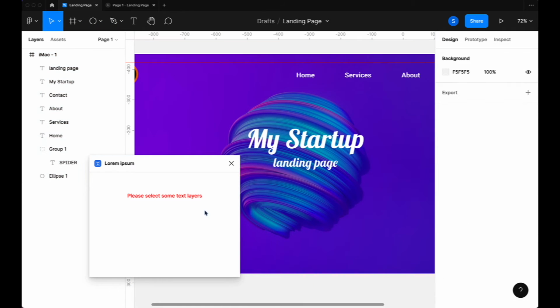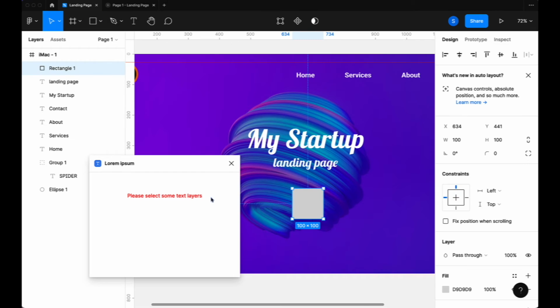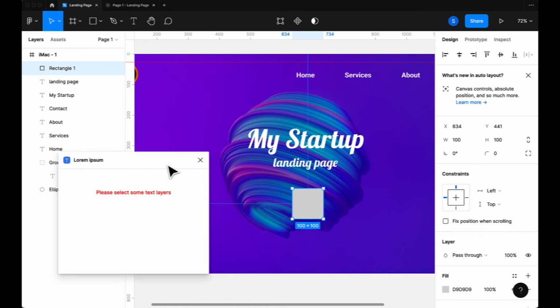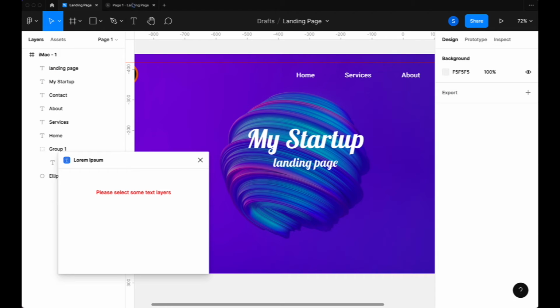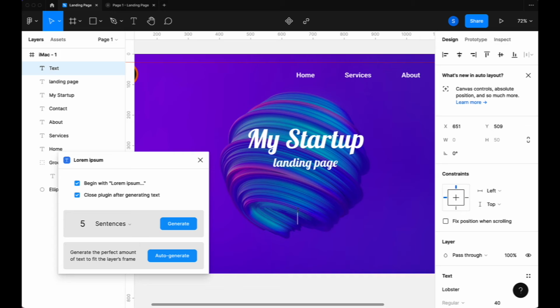Now I click on my tools and get a rectangle. Set my lorem text. Alright, so I get my text tool, I click, and then I'm going to